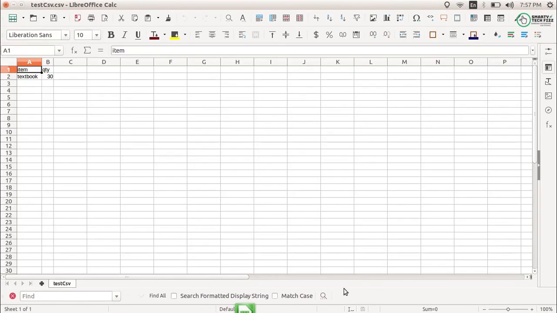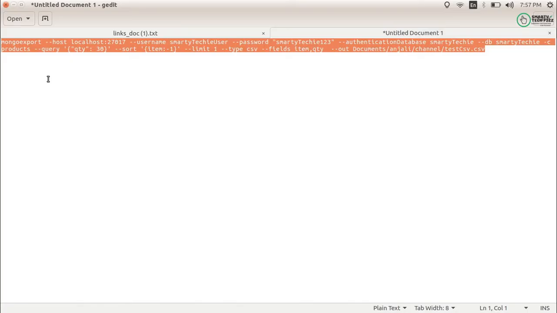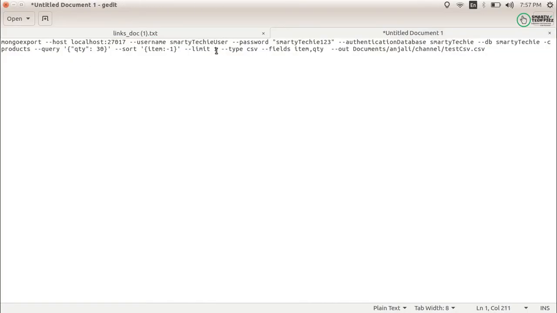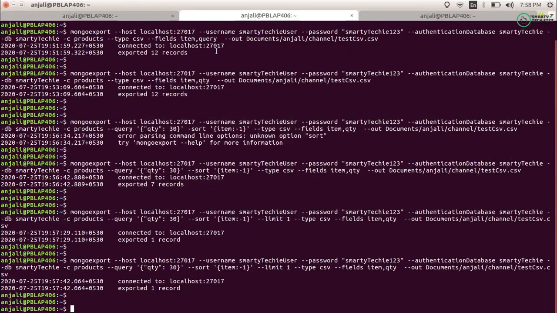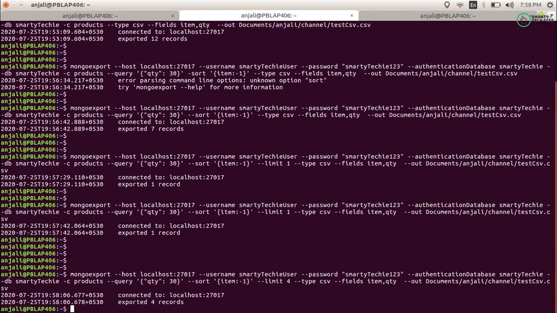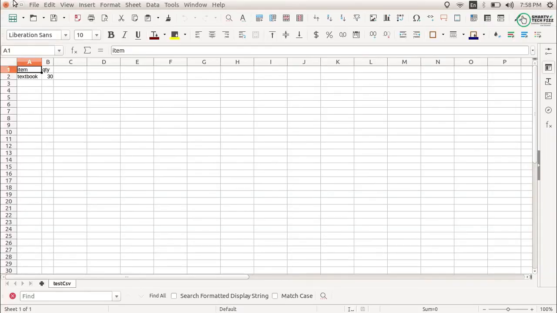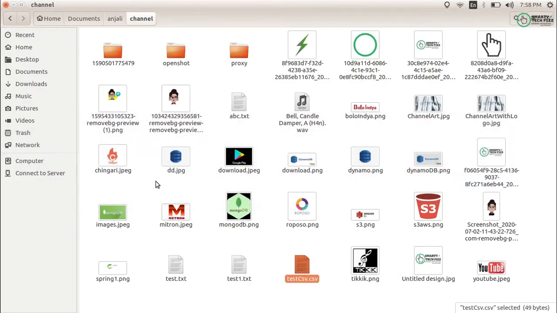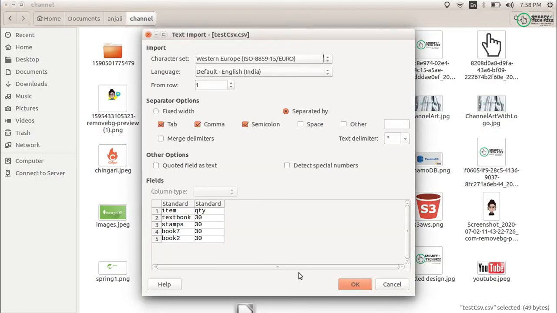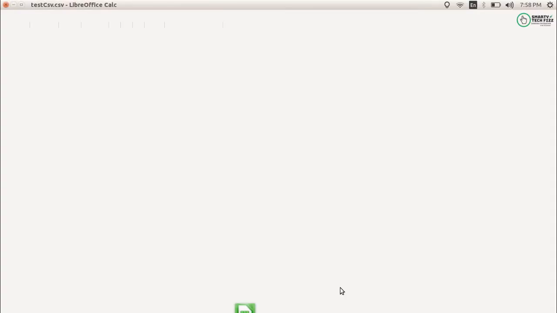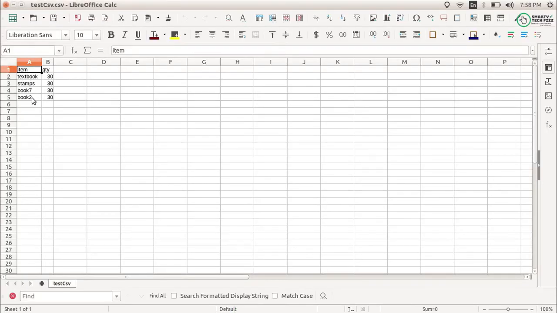You can see that the limit is now just 1. If you increase the limit, it will give you more documents. Let's say 4. You can now see it is again with 4 documents only.